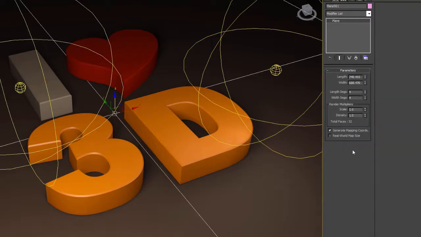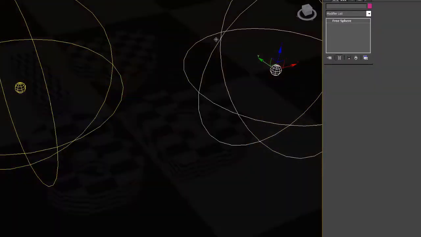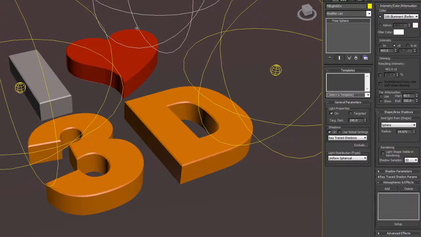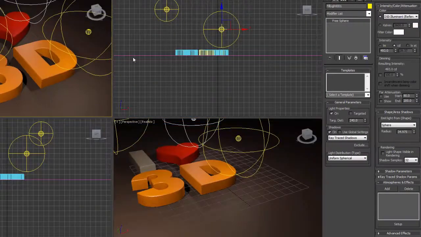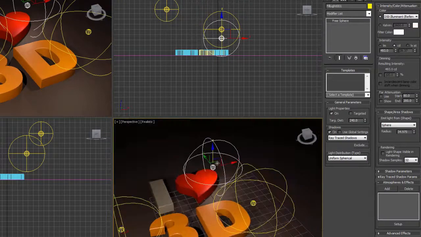So next we're going to go ahead and create the backlight. So we're just going to select the fill light, and we're just going to copy that to the back here. And I've lost view of that light, unfortunately. I'll just go ahead and press Alt-W on my screen to bring up the quad menu again, or the quad views again. And I'm just going to orbit around in this other view here, and I'm just going to use this to position it